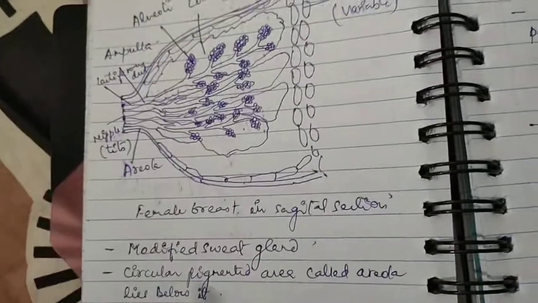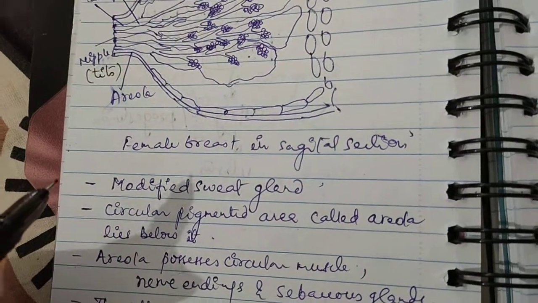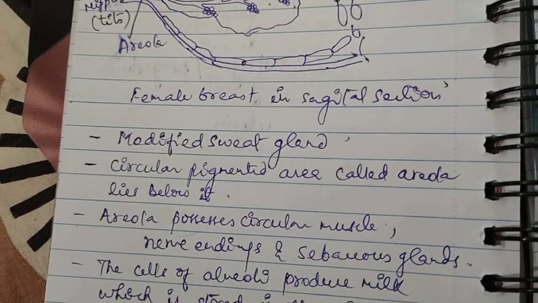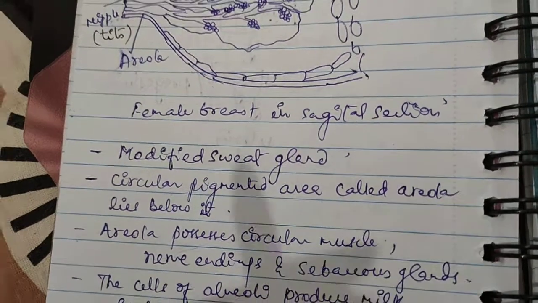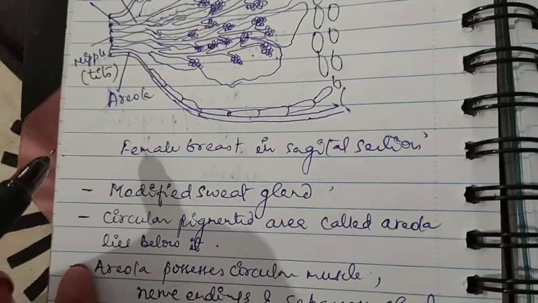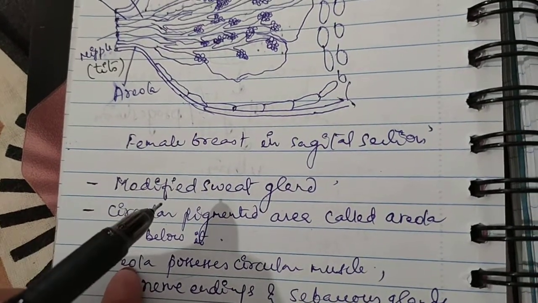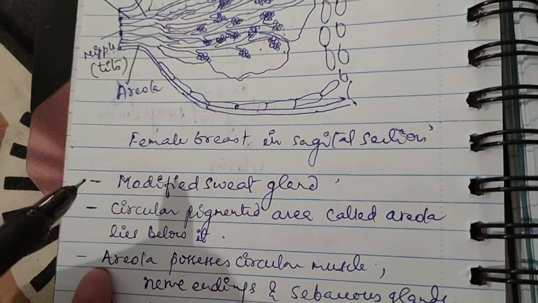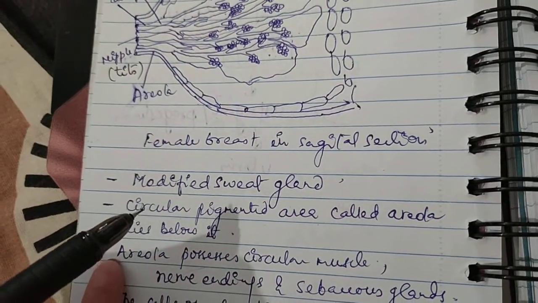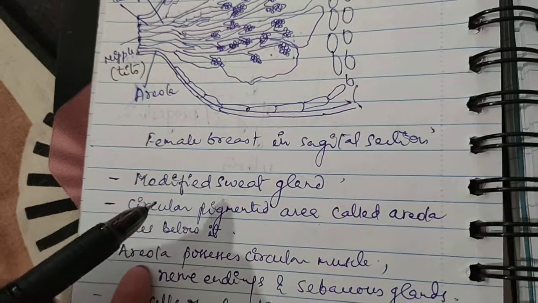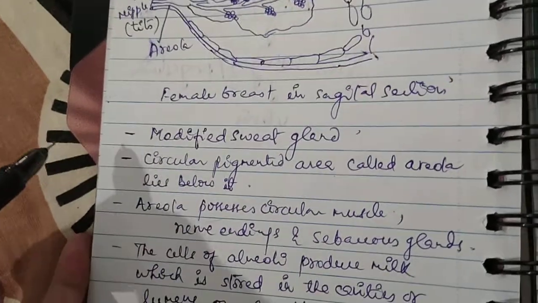So mammary glands are modified sweat glands, and this sweat gland plays a very regenerative role in skin damage. In case of burns, these epithelial cells produce more epithelial cells that form new epithelia very soon, and